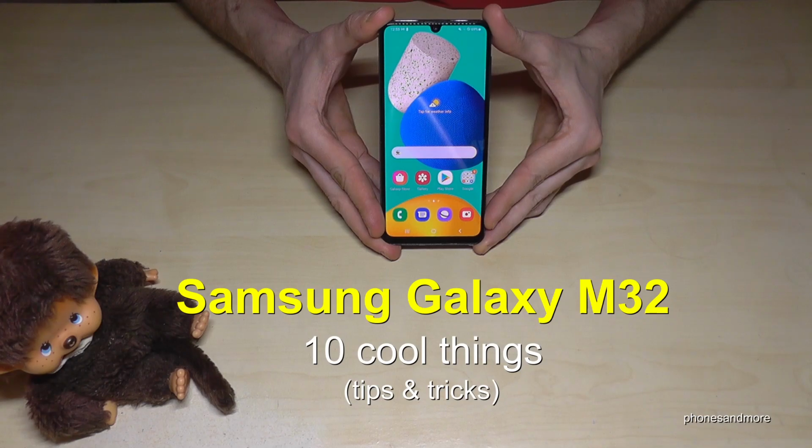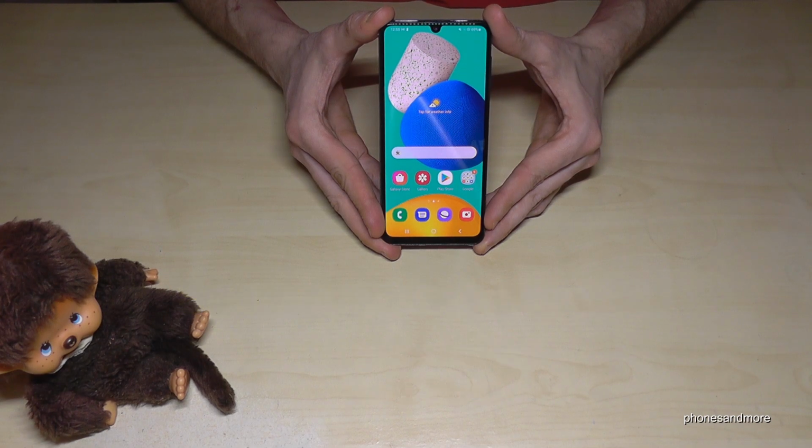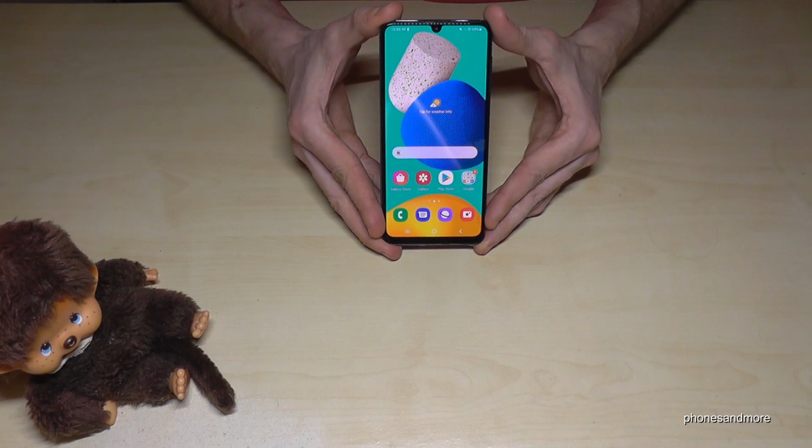Hello everybody, I want to show you with this video 10 cool things you can do with the Samsung Galaxy M32. Okay, the first thing I want to show you is how to make the phone a bit quicker, because